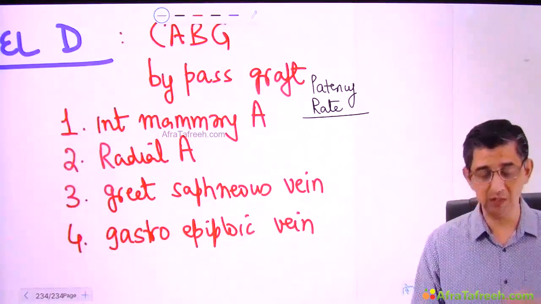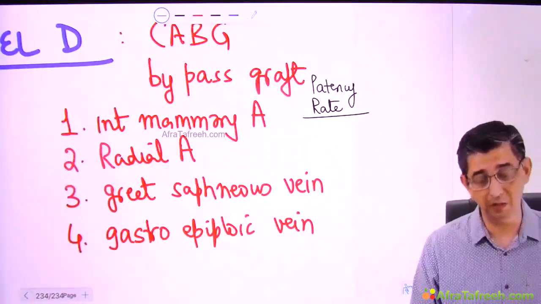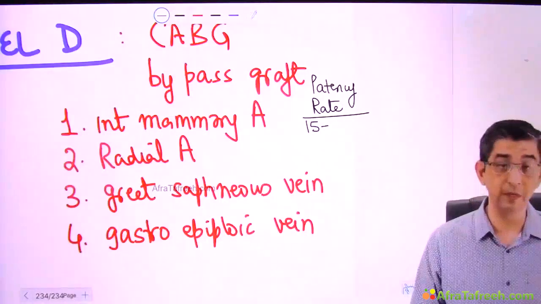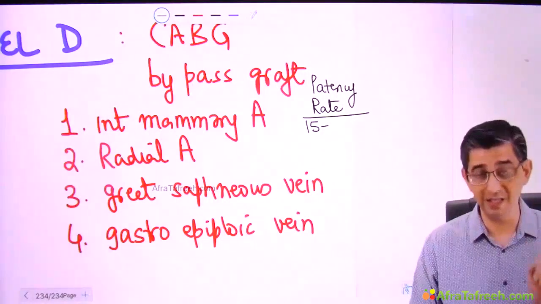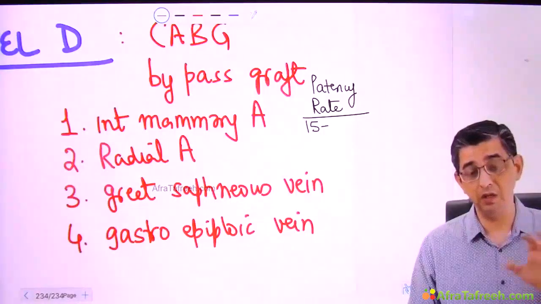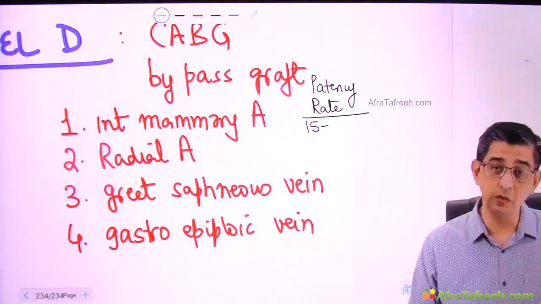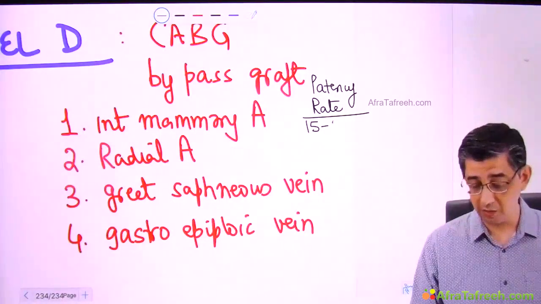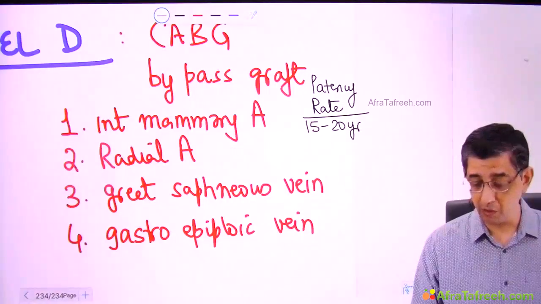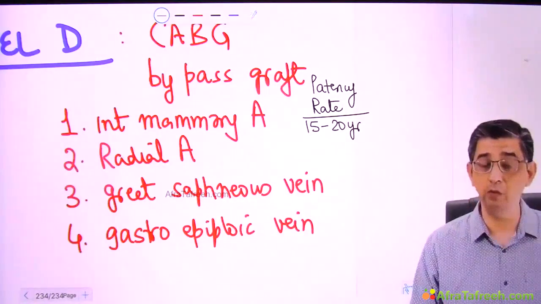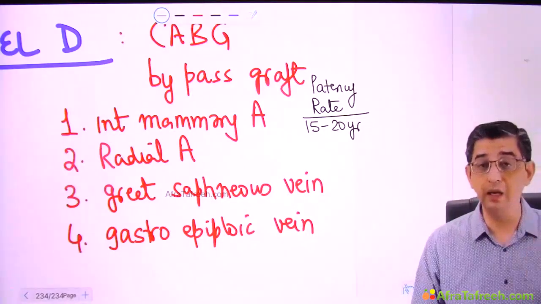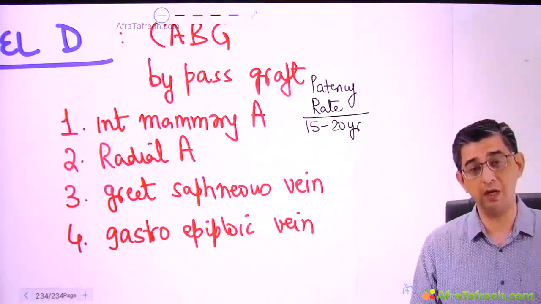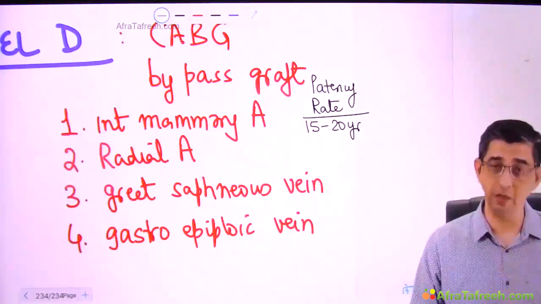You see, if a person has undergone internal mammary artery bypass grafting, these bypass grafts can also get blocked. Please appreciate, atherosclerosis is such a nasty disease that even the graft that you put in the heart can be affected by atherosclerosis and in time can get blocked. Studies have shown that if a person undergoes coronary artery bypass grafting, he might have to undergo the same procedure again after 20 years, because internal mammary artery grafts work flawlessly for that time. After that, a redo CABG might be required.